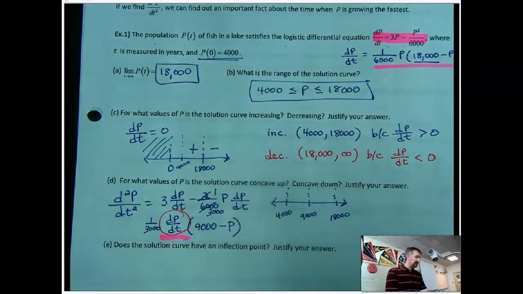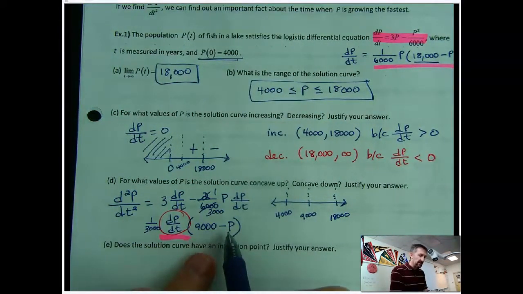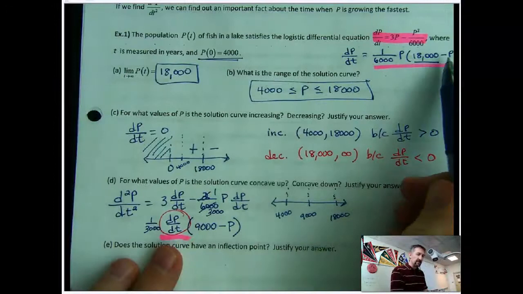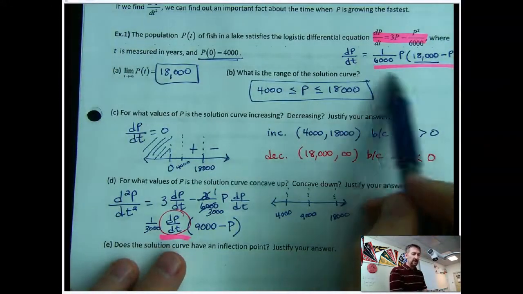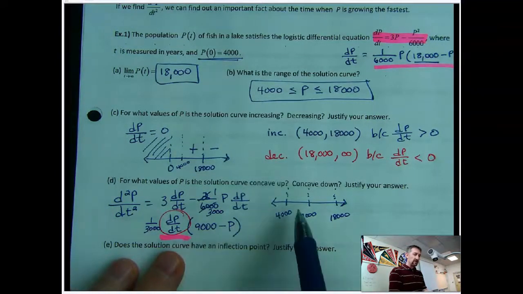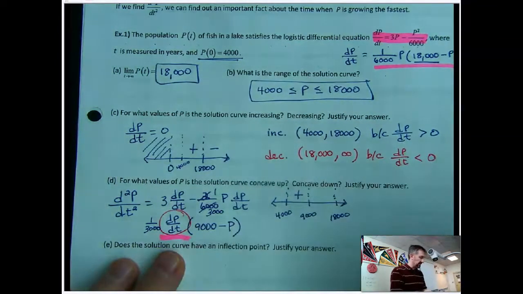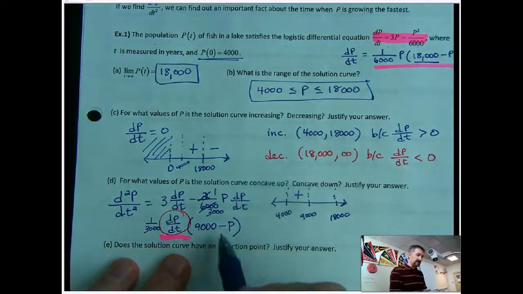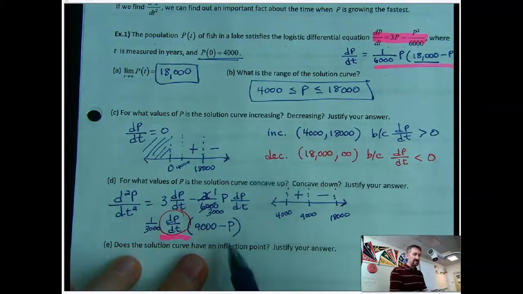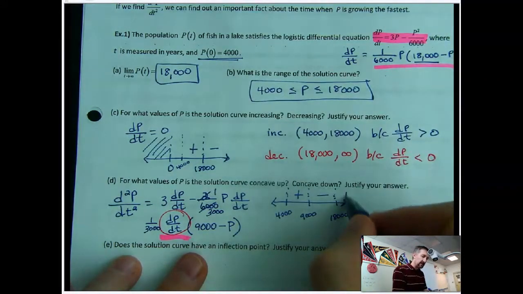And if we check that second derivative out for those values, so if we plug in 5,000, this is going to be positive. And actually we need to test it up in here too though. Remember this, I just didn't want to write it all out again. All of this is right here. So we have all 3 of these values we have to worry about. So if we plug in 5,000, this is going to be positive, this is going to be positive, this is going to be positive, so that's going to be positive. And then if we plug in 10,000, this will be negative, positive, positive, so that's going to be negative. And then if we plug in 20,000, this is going to be negative, this is going to be negative, that's going to be positive, and negative times negative is positive.